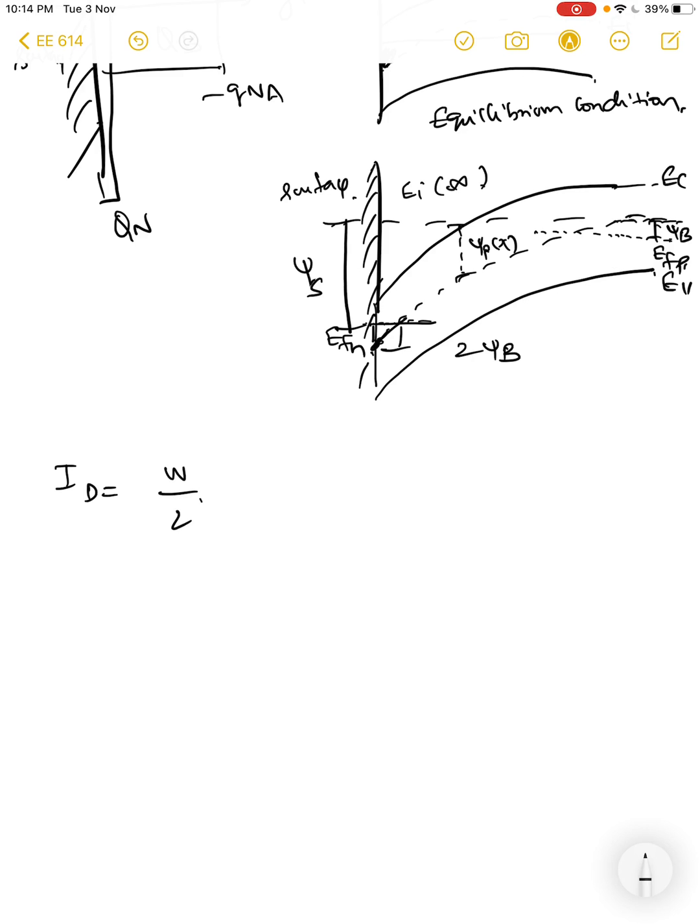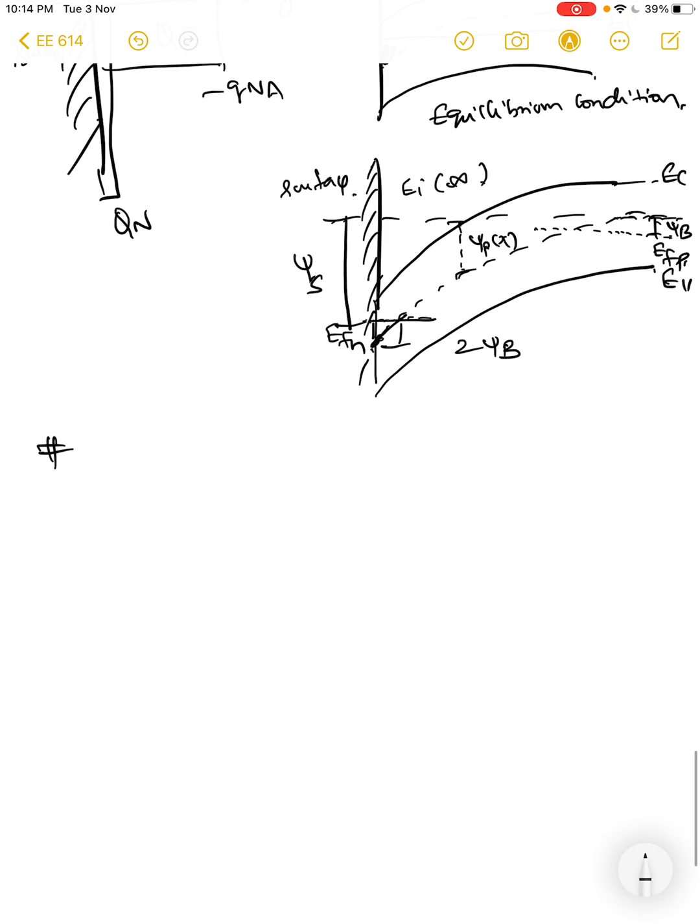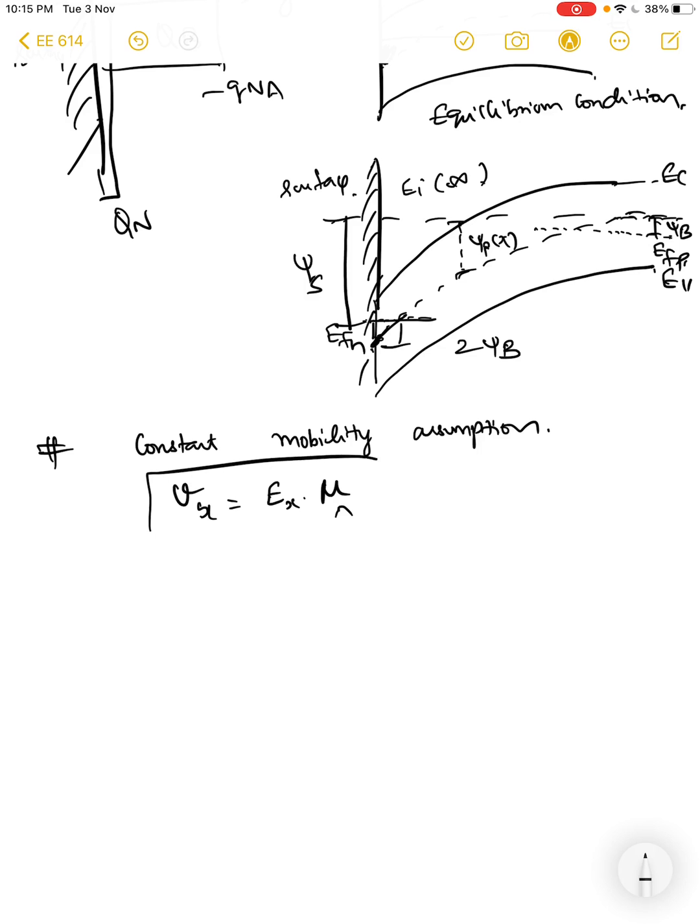ID is W by L mu n. Wait, before we go here, we also do have one assumption. One is the constant mobility assumption. Under this assumption, you assume that the velocity vx is proportional to the applied electric field Ex along x, and the proportionality constant is mu. Mu n is the electron mobility. We have seen this relationship before. You know when this will break, right? When the velocity saturates, but that's something we will deal with later today. But if the velocity has not saturated, this relationship holds, and we use our previous equation for the current, which was